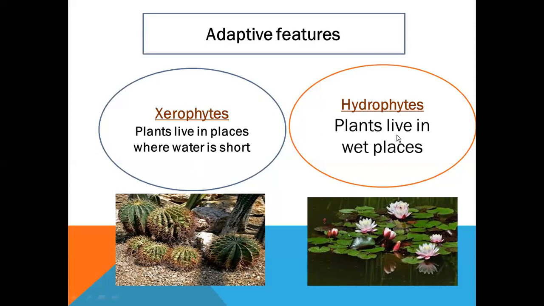Hydrophytes are plants that live in wet places. Wet places is a very important point. You must compare between the two, hydrophytes and xerophytes, between the environments, this dry condition and this wet place. And check the figure below, that illustrates the two kinds of plant. Number one, xerophytes, cacti, and also hydrophytes, the second plant, found in the wet places